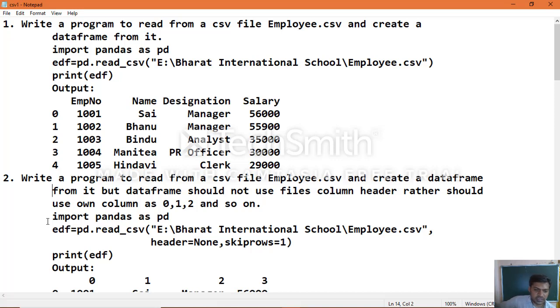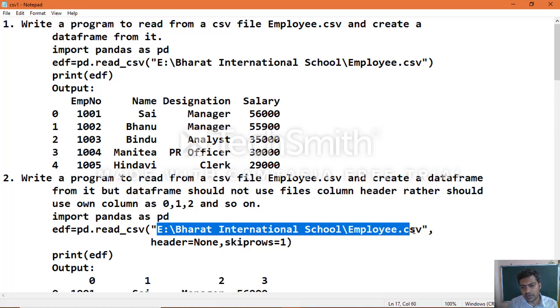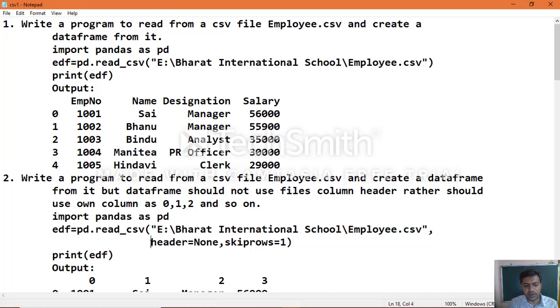Now I already showed you clearly the way we can make use of import. Based on this question, here you can write the answer: import pandas as pd, then create the data frame object edf equal to pd dot read_csv and give the file path where that particular file is stored, and then give header equal to none because we want to use the default column headings, that is 0 1 2 3.